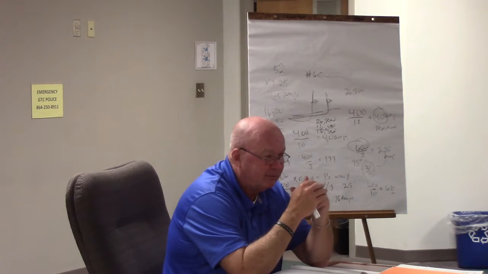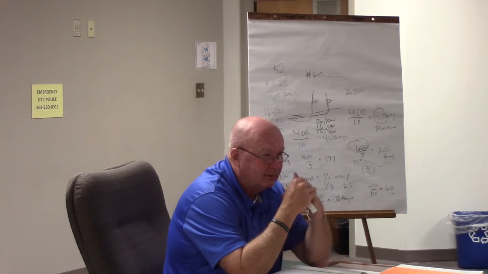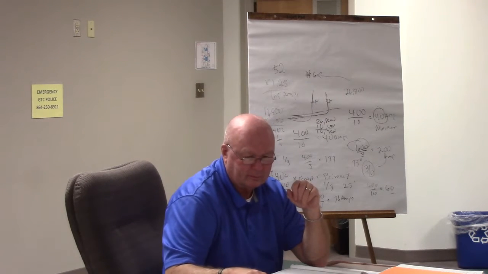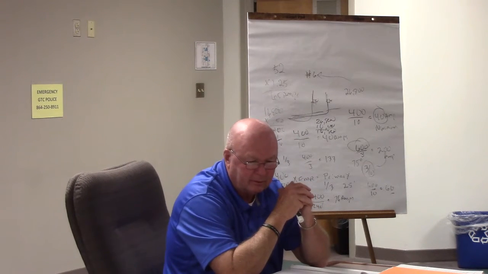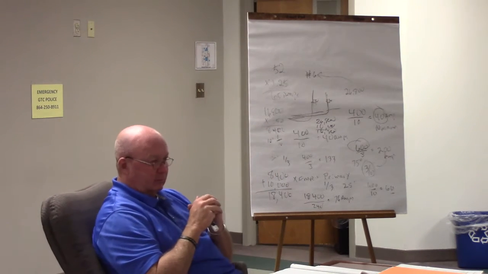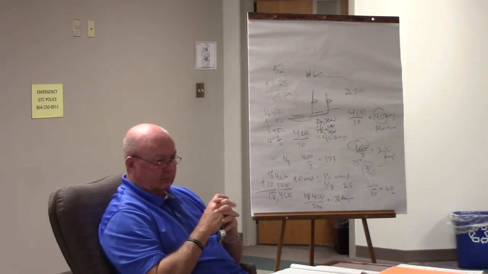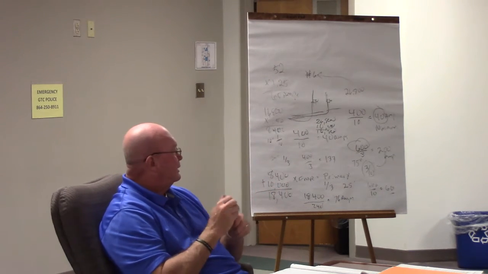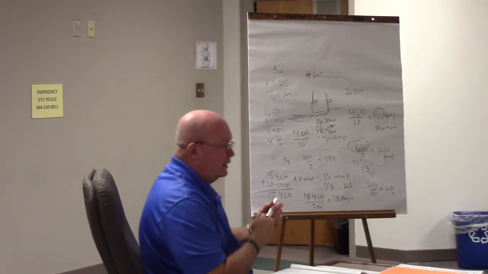220.12, what is the VA for a dwelling? How many VAs per square foot for a dwelling? Yeah, it's 3. In other words, if I had a dwelling,